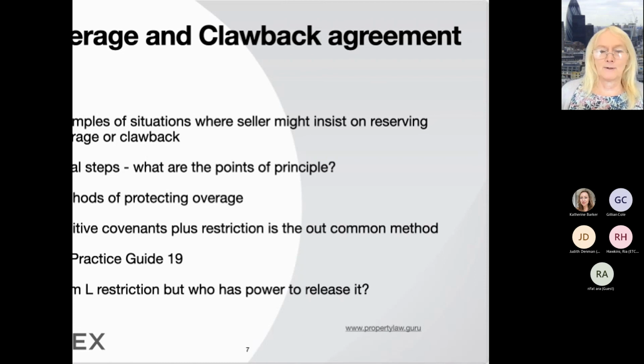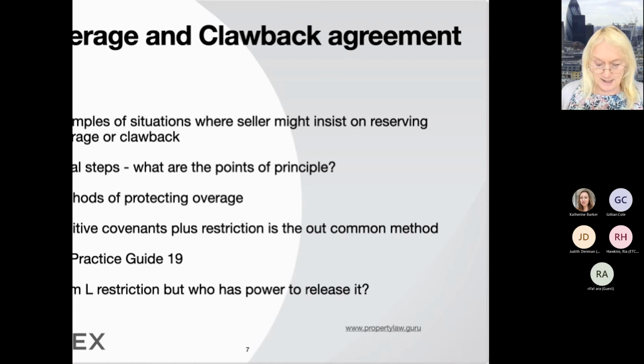Whereupon the bank will say, well, you know, it's like a rock and a hard place. We won't lend the money unless you agree that your overage is postponed until after our mortgage. So the deal won't go ahead. So this sort of discussion needs to be had right at the beginning about whether the builder has got a bank and whether the bank is happy with the overage,